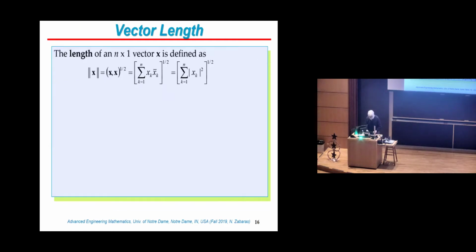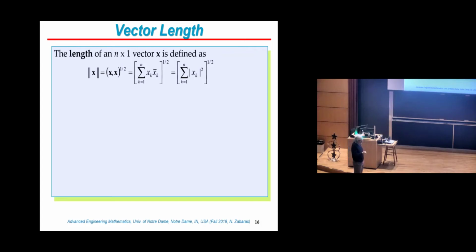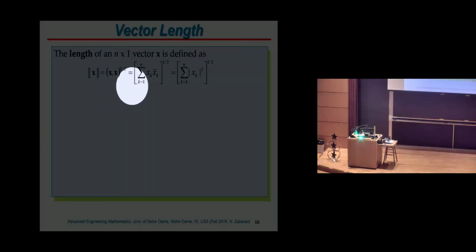What I'm going to do first is some extremely minor revision of linear algebra to introduce a little bit of complex numbers. Nothing new. If we work with vectors that can have complex components, we need to modify what an inner product between two vectors x and y means. Up to now, if I give you two vectors x and y, the inner product is really the summation of xi